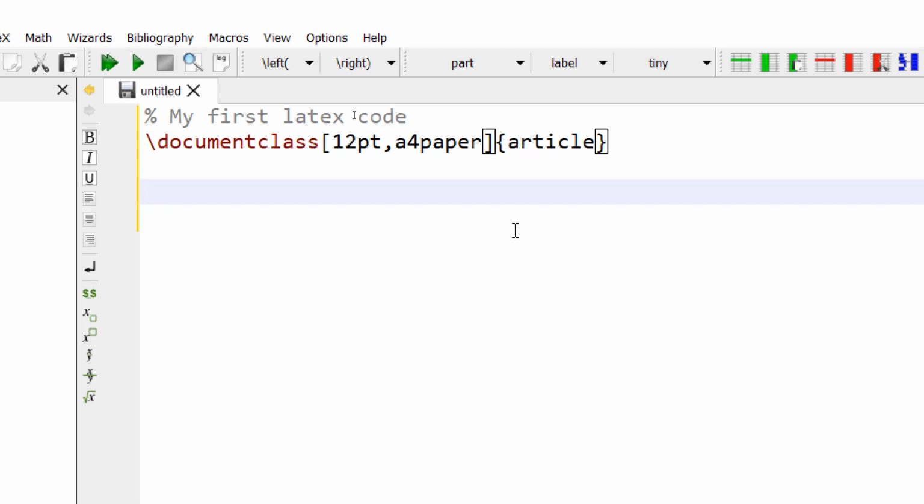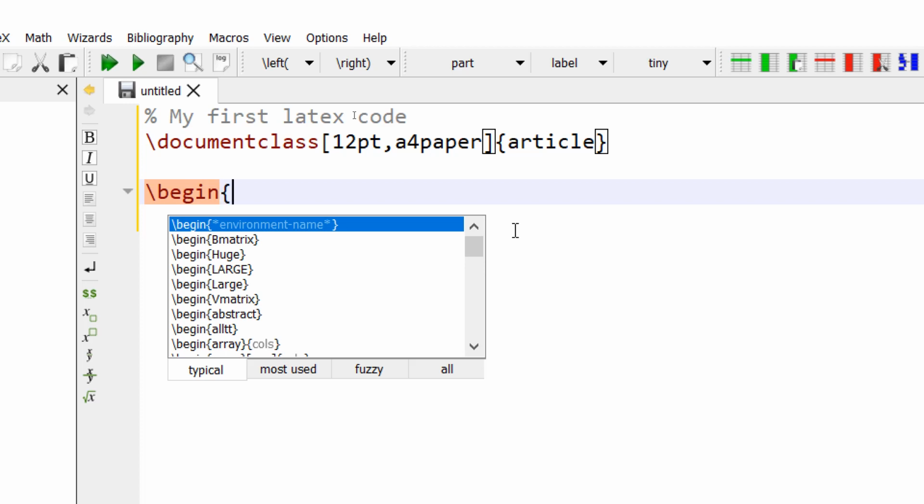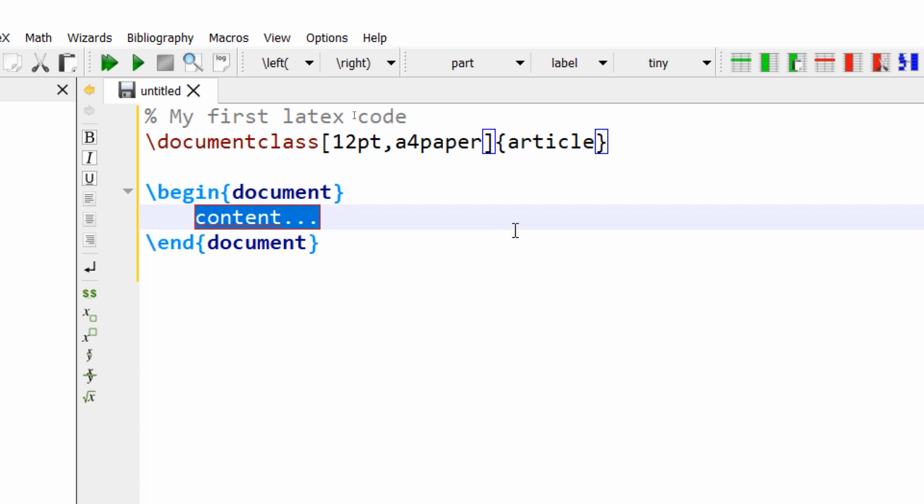Then my actual content should be specified within begin the flower bracket document and end document. So if I type begin document and press enter, automatically the TeXstudio IDE will write the end part of it.